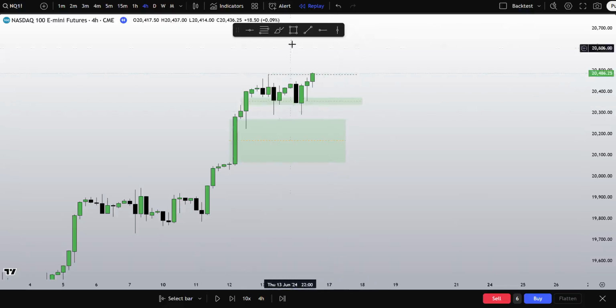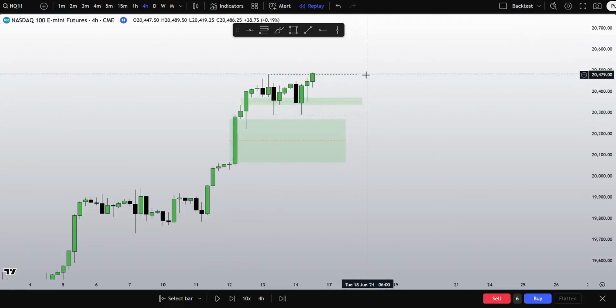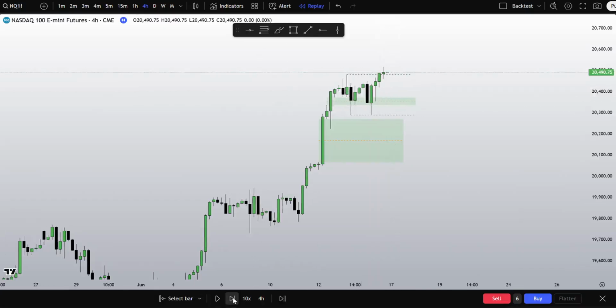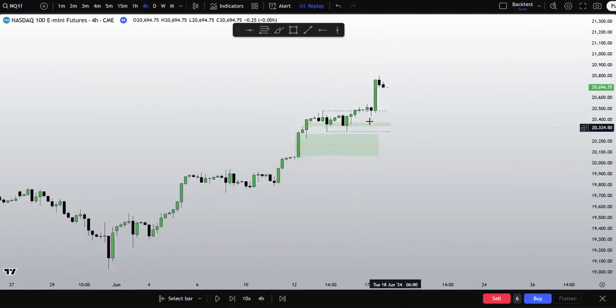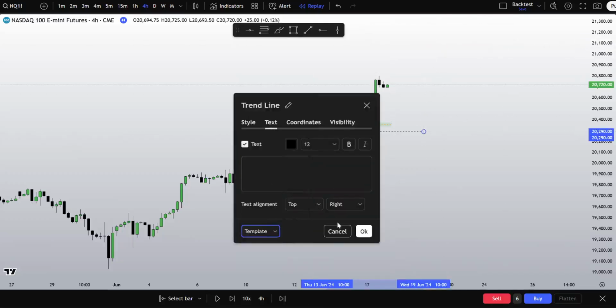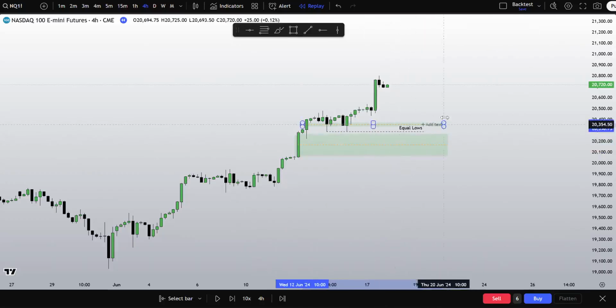Where we keep on respecting bullish PD arrays as we're making all-time highs. So just minor context. A minor high here. We come in, respect, come in again, respect it once more, form equal lows, come right into that high. Now I want to see, again, ideally you would wait for context to form. I'm going to mark out this equal low. Equal lows right there. PD array, I'm going to extend it.